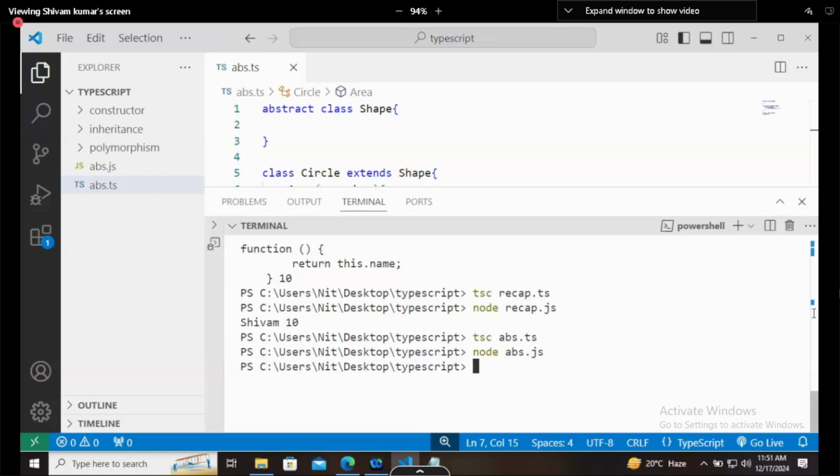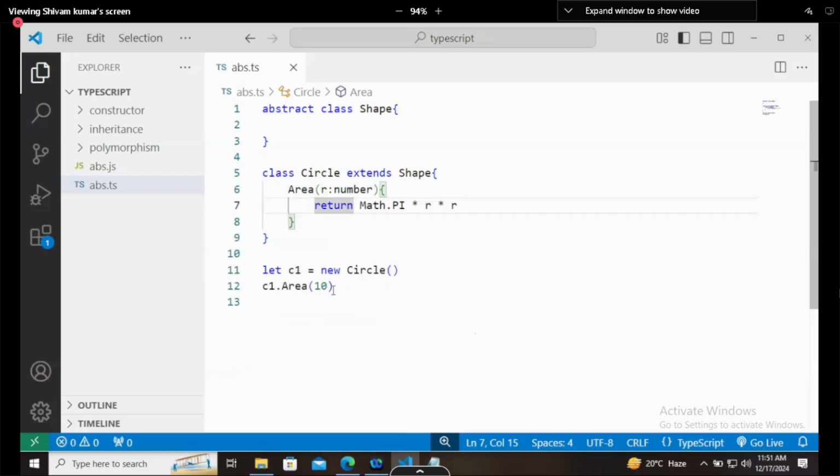As expected, it is not printing anything. The reason is very simple. You are trying to use area, and what is area doing? Area is returning the value. Now let's say you took my pen today, and tomorrow you want to return it to me. So you will return it to some entity, right? You cannot say, okay, your pen is on the table, take it. No. Generally whenever you are returning something, you will return it to someone. Someone should be there to accept that. Here there is no one.